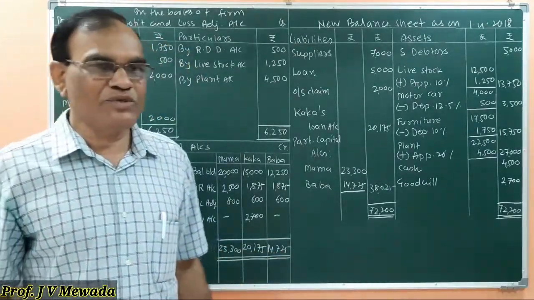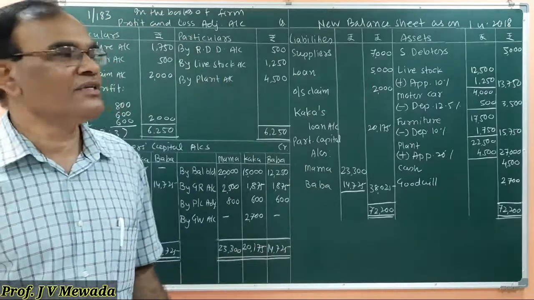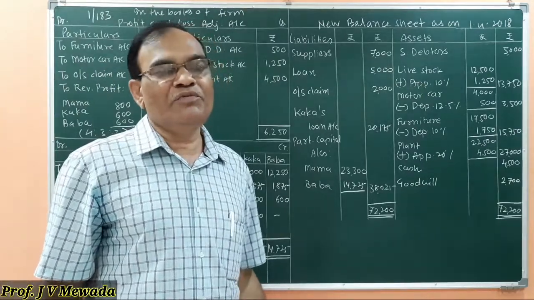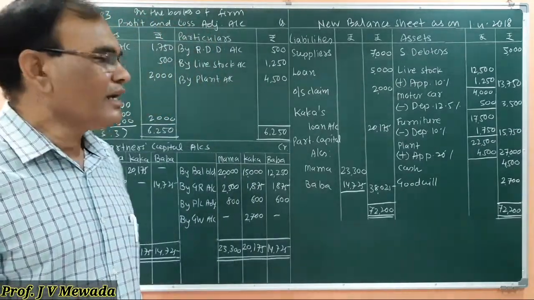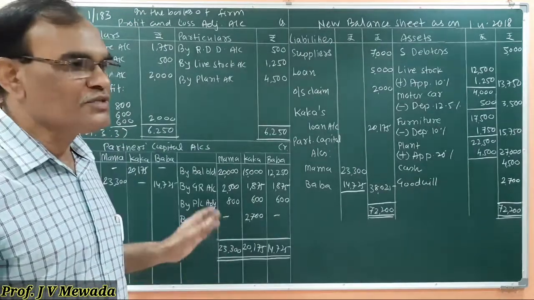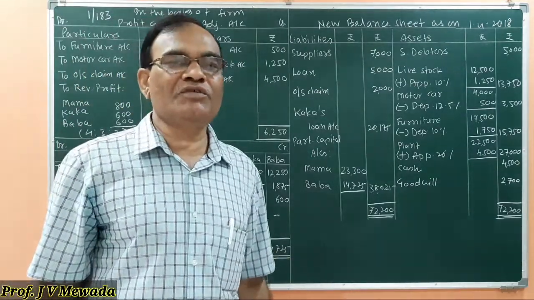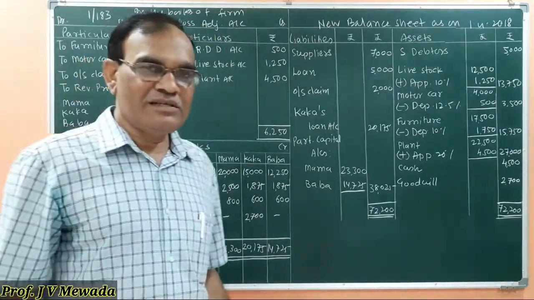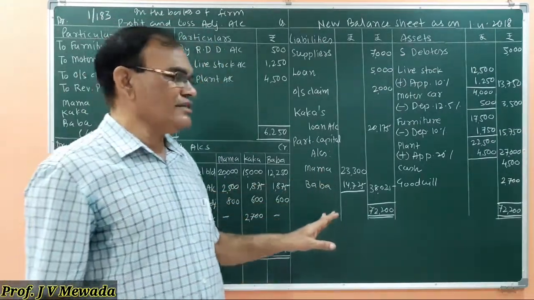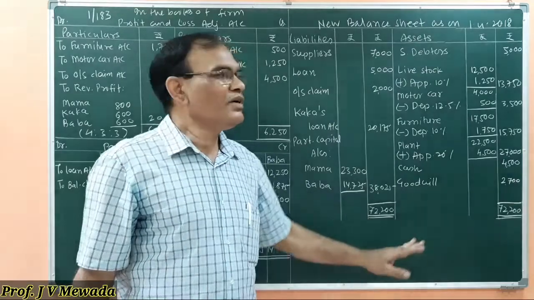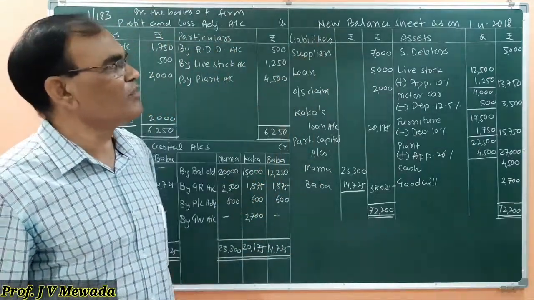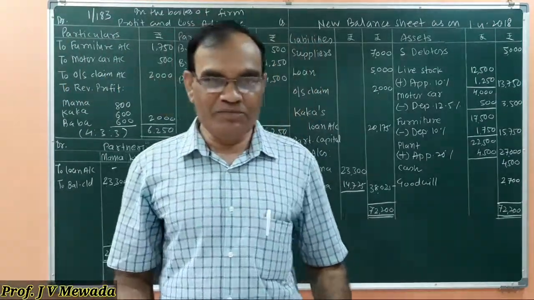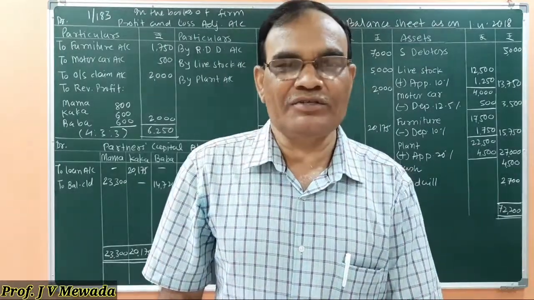You have to follow the steps: open the account, transfer the balance sheet items, then revalue the assets and liabilities, close the revaluation account, do the treatment of goodwill, close the accounts one by one, get the amount due to the retiring partner, transfer to his own account or pay as per the instructions given in the problem, and then show the balances of the continuing partners, and those balances we have to show in the balance sheet, and at the end the balance sheet will tally. Okay, so this balance sheet we are preparing on 1st April 2018, that is on the day of retirement. Okay, you can solve this sum on your own and you can do the practice. Okay, thank you.